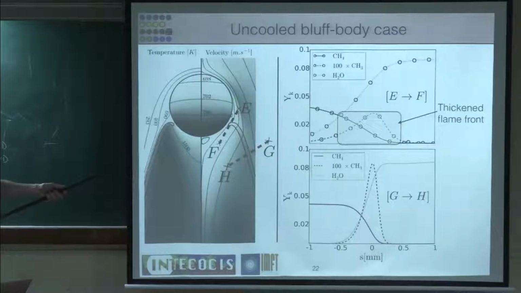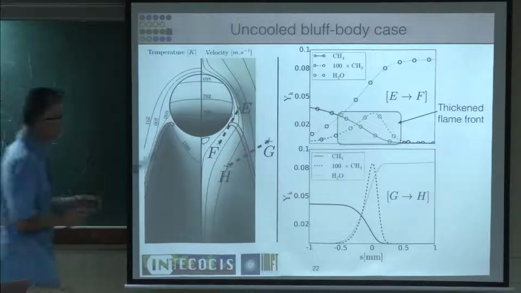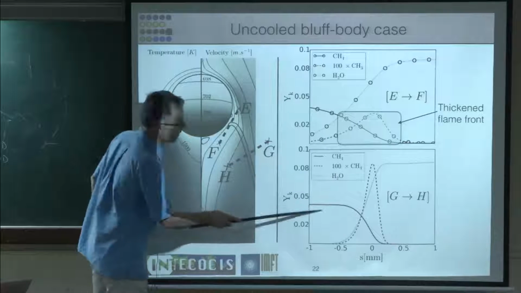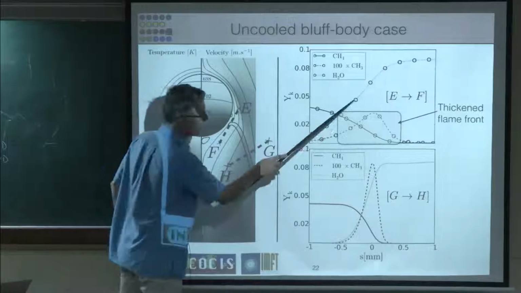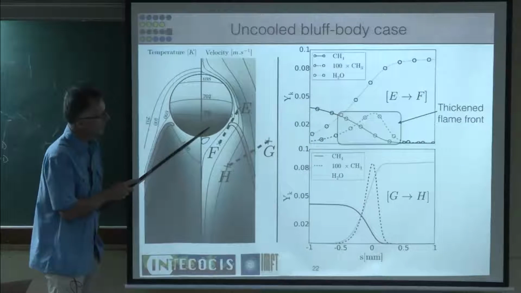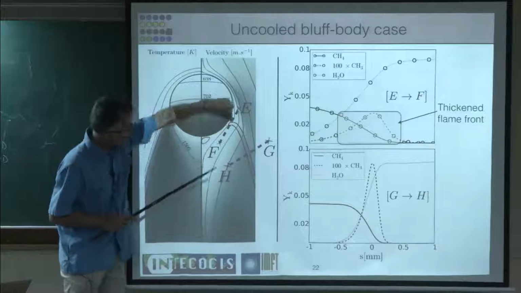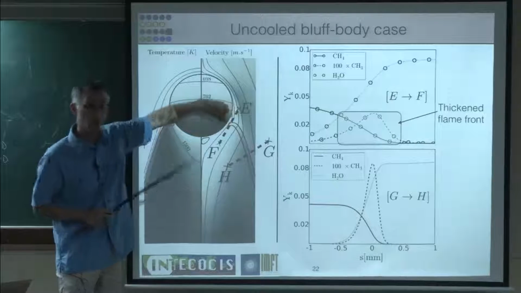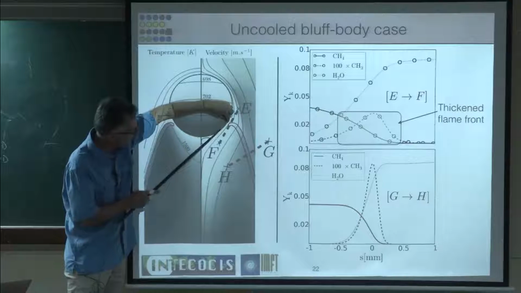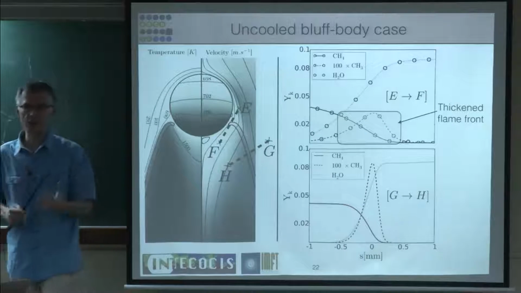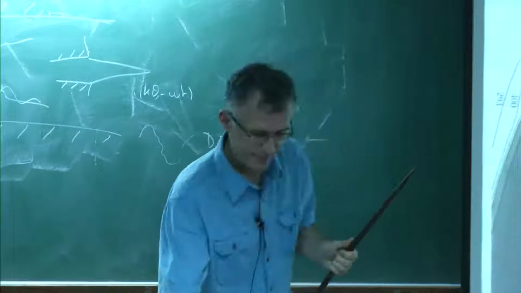So the cuts are the same as before. You have here a normal flame, and here, even very close to the cylinder, you still have a burning flame because now the cool zone here is much smaller. So in terms of flame-wall interaction, you have to be very close to the cylinder before you sense the fact that you have heat losses.